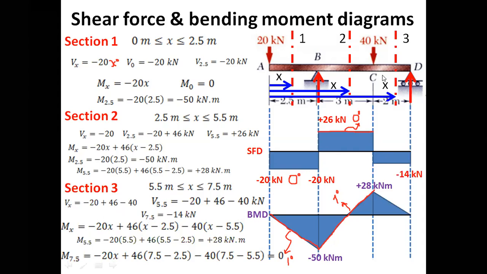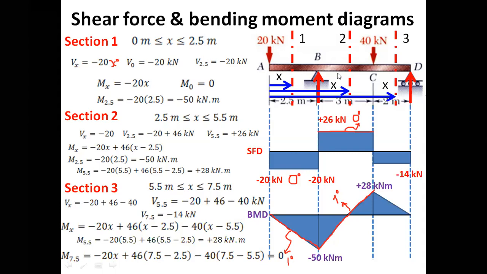Bending moment equation, the algebraic summation of all of the moments on one side of the section. We have taken left hand side, clockwise moment positive, counterclockwise moment negative. This force is producing counterclockwise moment, so minus 20 times perpendicular distance. At this section it is x, so minus 20x plus this force is producing clockwise moment, so positive, the magnitude is 46, and this distance is x,